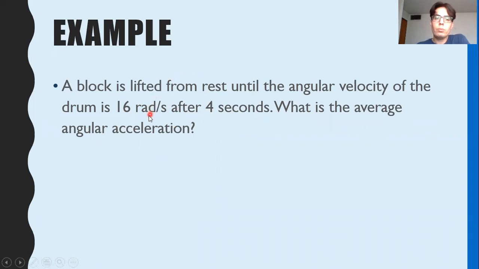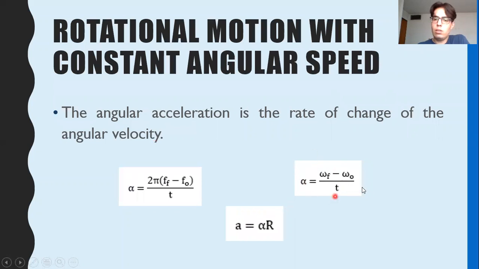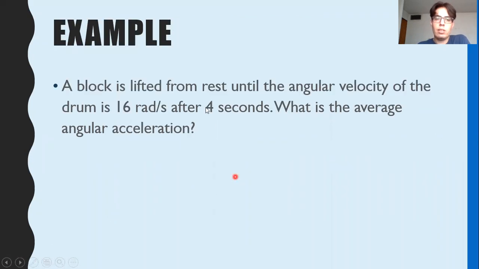So radians per second is angular velocity. So we can use a formula with angular velocity. This one, that is the simplest one of all. We just have to subtract final minus initial velocities over time. If we take that information, we have that angular acceleration, I don't know how to put that sign, but I'm going to write it, that sign is alpha, and it is angular acceleration equals the difference between